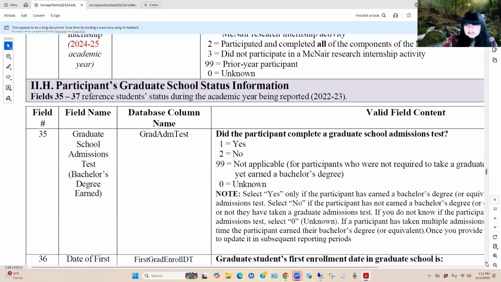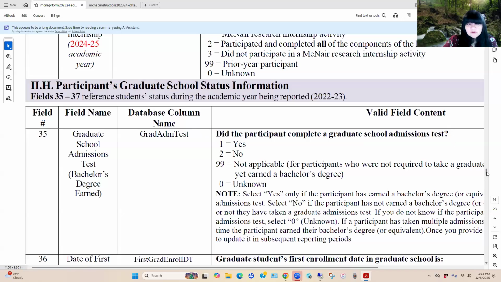The next few fields of data now allow us to respond to a participant's graduate school status. Okay, so once a participant has been identified as earning a bachelor's degree, we will now respond to the fields of data regarding the student's enrollment in graduate programs of study.